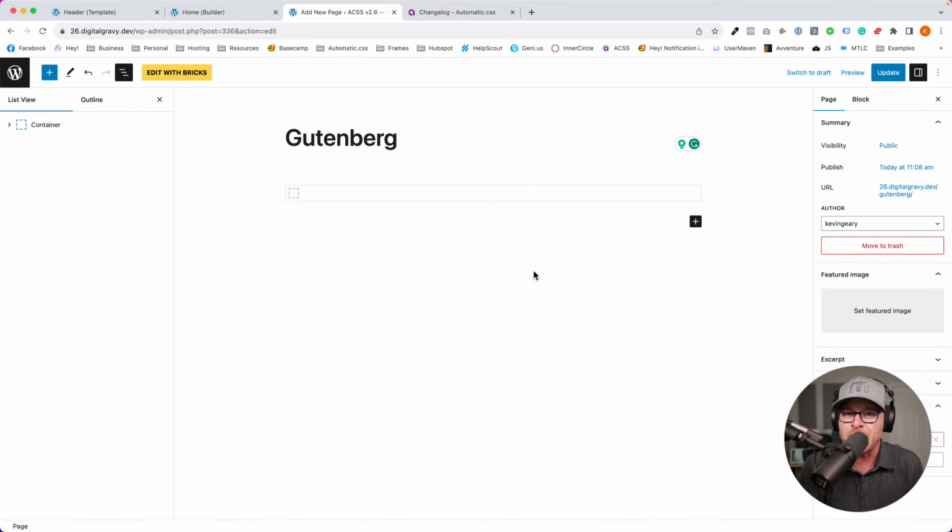But if you're writing a blog post, it's usually in a container or in a template. You're not building the entire page. You're just writing a blog post. And where I ran into this in all of my testing is when I went with a dark themed website. So everything was dark, and so the canvas in Gutenberg was dark.